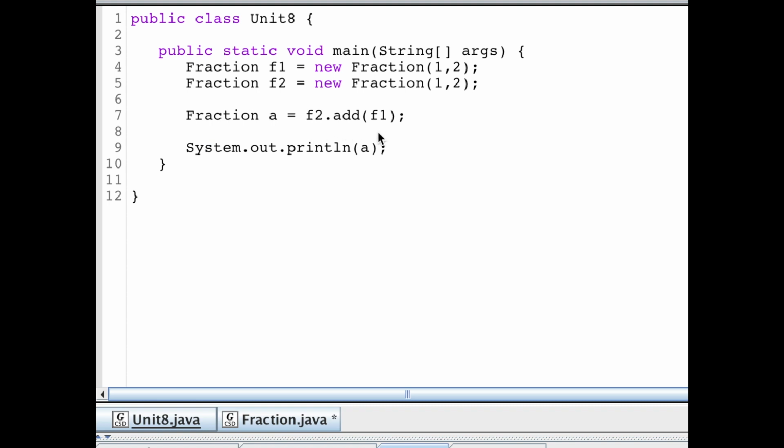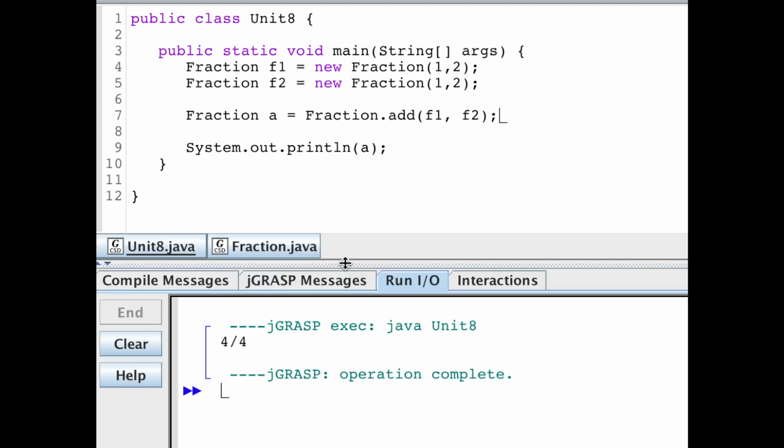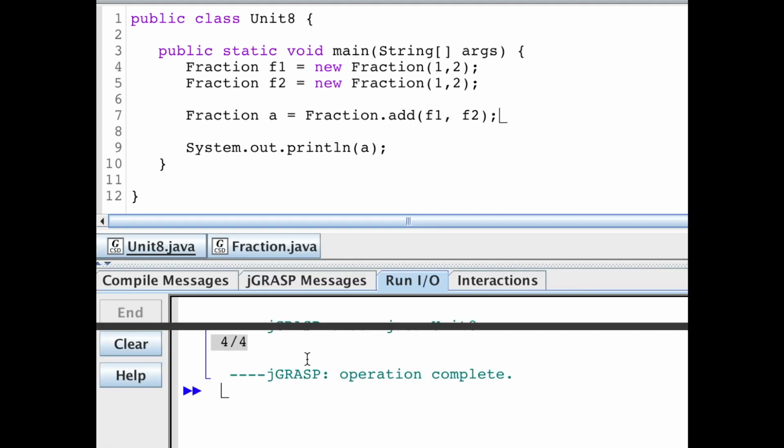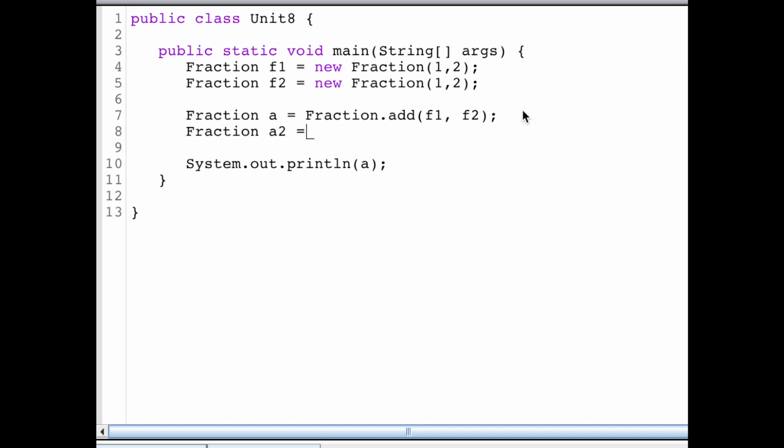Then when I'm back over here, I can go like this. I can say, hey, fraction class, I want you to add f1 to f2. The add method belongs to the fraction class. When I run that, believe it or not, I just ran it, you didn't see it. I got the same answer. Same answer. Which one do you like better? This one? Or this one? This one may seem a little more familiar to you, but in computer science, this is the